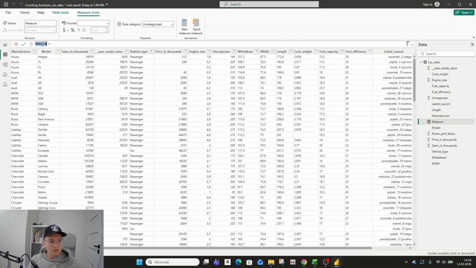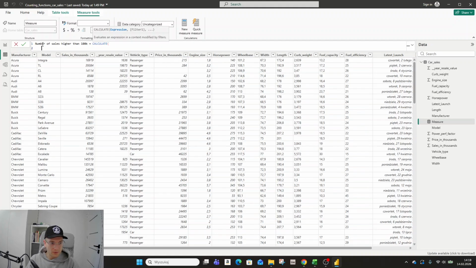So I chose the new measure option. Here will be the name of the measure, so we can count, maybe count rows for sales higher than 100,000. Number of sales higher than 100k, and we will use the calculate function today. So we're going with calculate, then